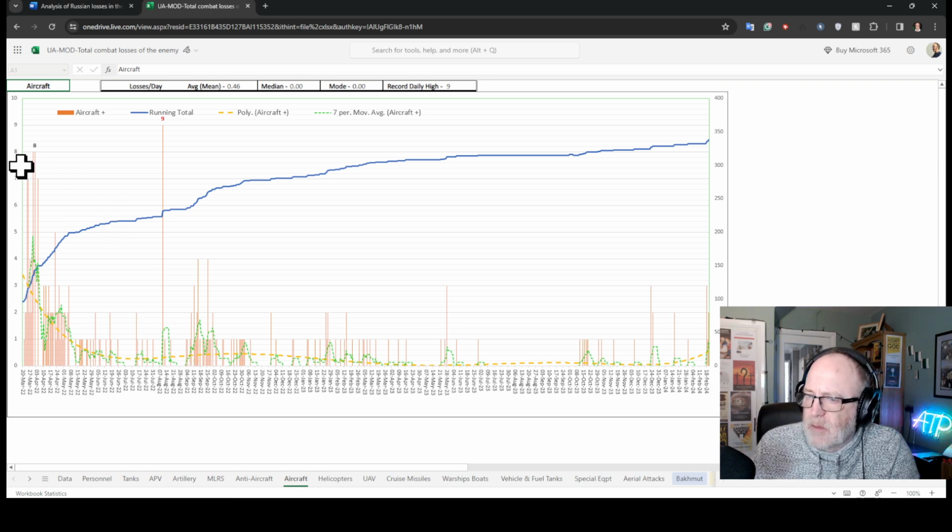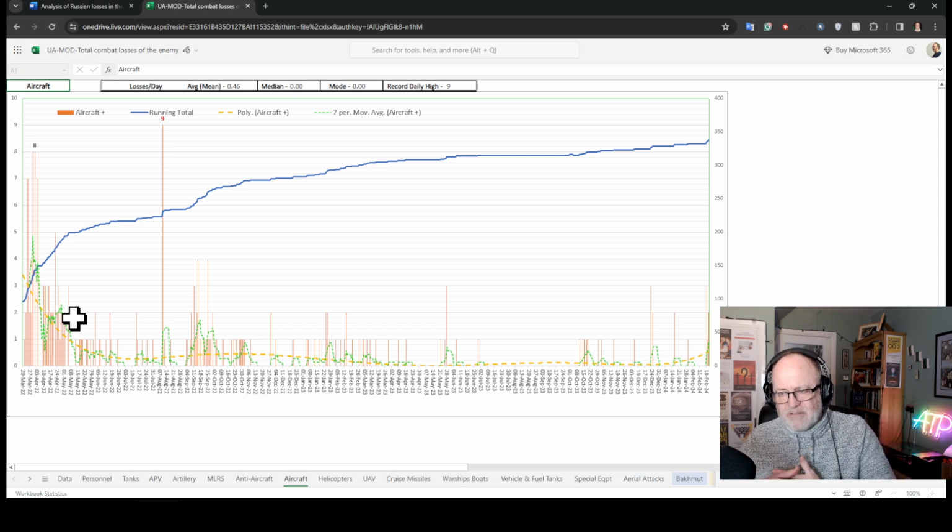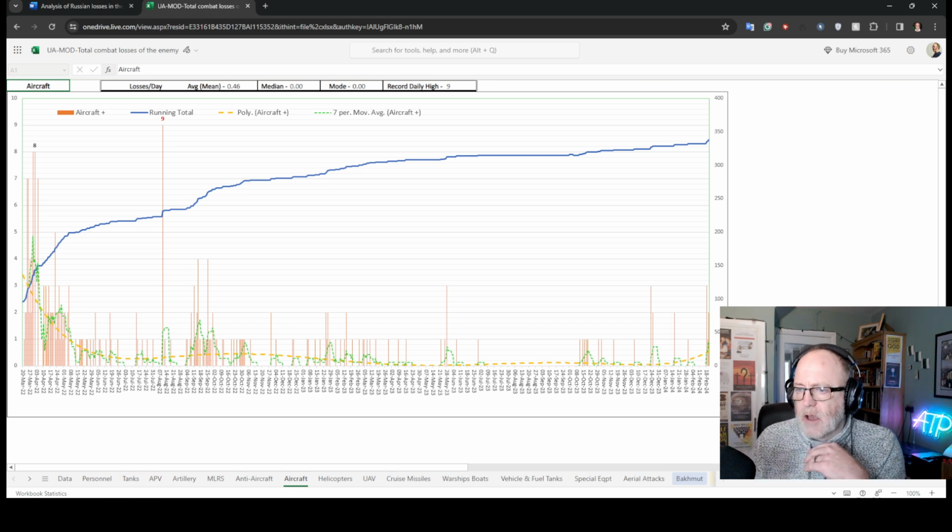I mean, the story this tells is right at the beginning they lost a load. And as I said before in previous analyses, that then caused the Russians to be way more cautious. There were loads of fixed-wing aircraft at the beginning of the war, and they started using them much more sparingly and much more cautiously further away from the front lines to protect those valuable airframes. And then you had certain times where they lost airframes when they were trying to push forward more, do a little bit more with them. But actually, there was a large period of time where really the Ukrainians struggled to take out many aircraft at all.